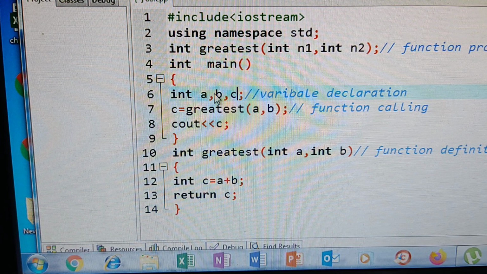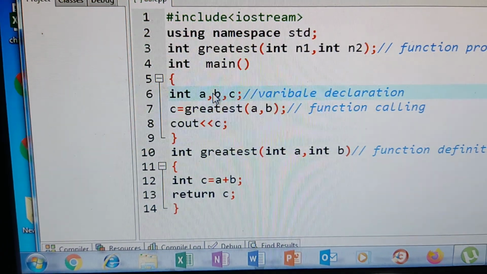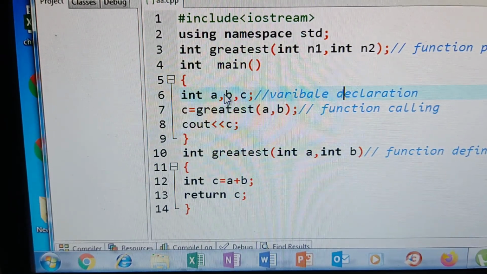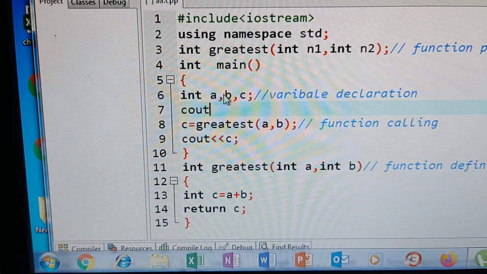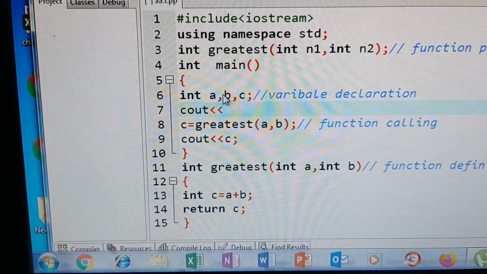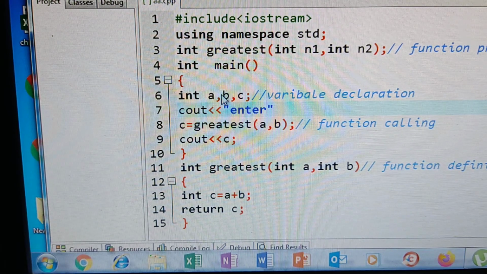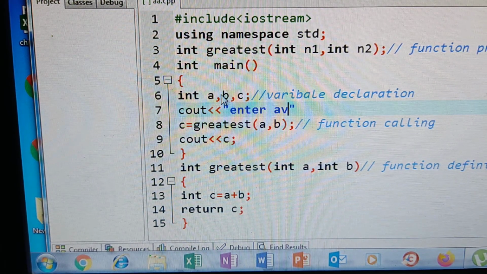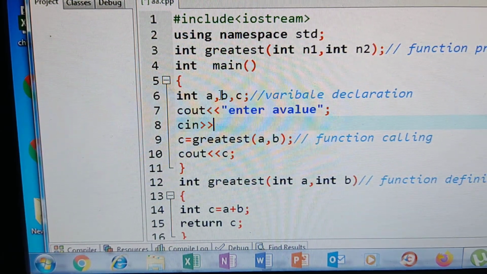Here we are just declaring the variables. Next, the variable value will be taken at runtime from the user like this: cout, enter a value. The user will give the value. Next, whatever value the user gives should be stored in A.